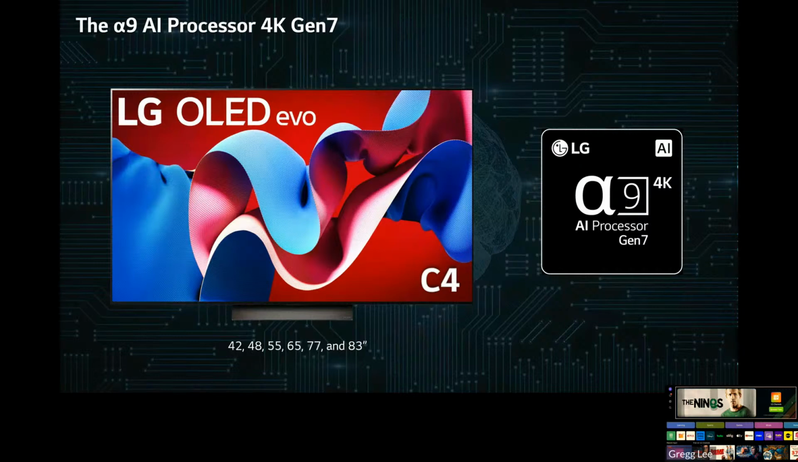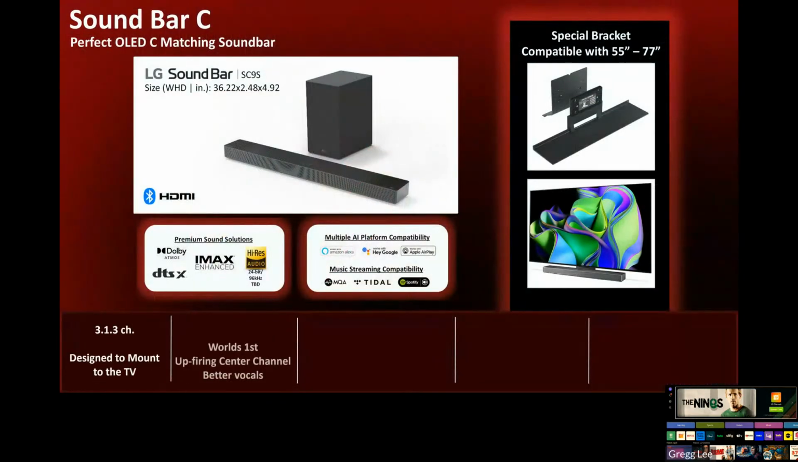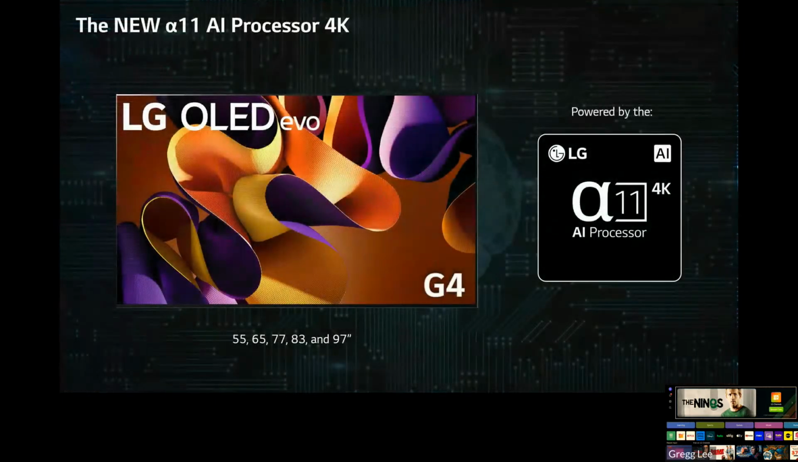And we even have specific soundbar solutions for the C4, which is the SC9S, or what we call soundbar C, a 3.1.3 soundbar that has its own matching mount to drop onto the TV when it's wall mounted, and a kick plate that you can use the soundbar as the stand for the TV if it's a 55 to 77 inch C OLED. Or if the customer is into the G series, our top performing OLED,